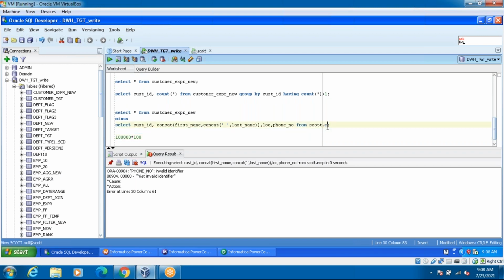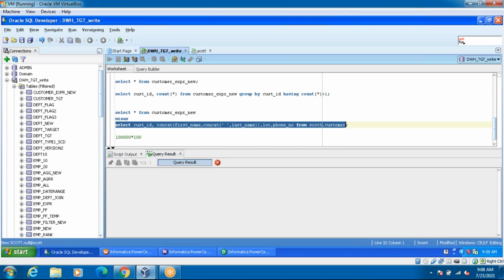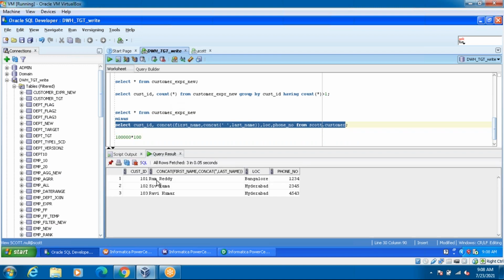Okay. Guys, please listen carefully. See, this is my table name. I gave the wrong table name here. See, Ram underscore Reddy, Siva underscore Rama, Ravi underscore Kumar. Now I execute this one.